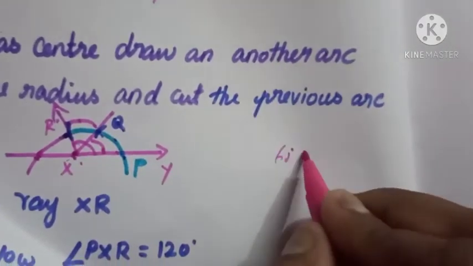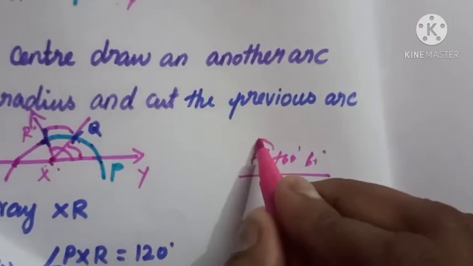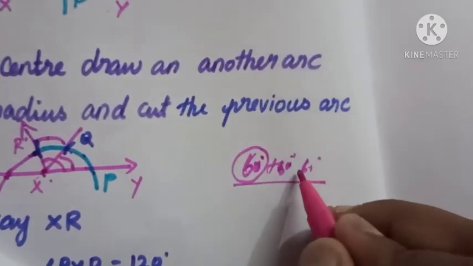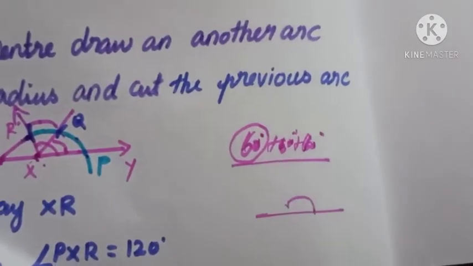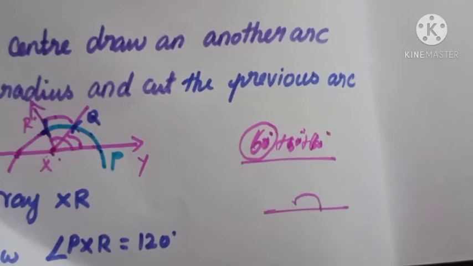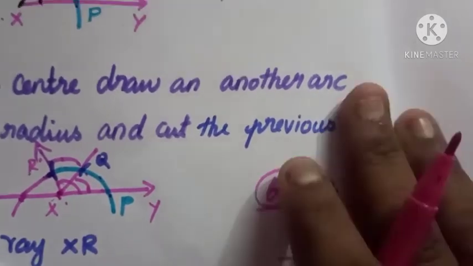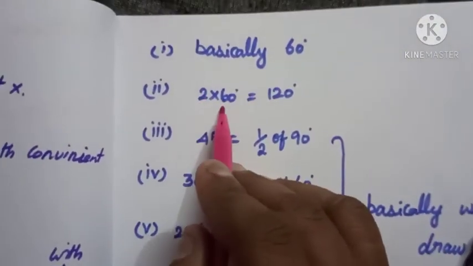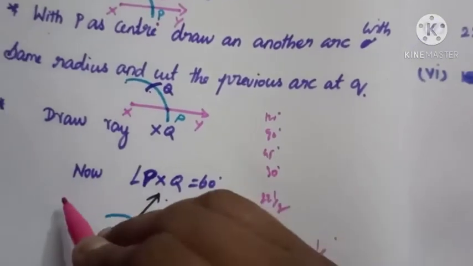So 60 plus 60 plus 60, it's going on. So the basic angle is 60 degree. So 60 plus 60, another 60 you draw, means you get the straight angle. That is the straight angle, 180 degree. Okay, so now you can note that the basic angle is 60 degree. Adjusting basically 60 degree, 2 times 60 degree is nothing but 120. So first the basic 60, and again you go with another 60, it shows 120 degree.